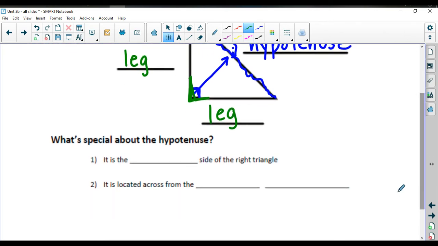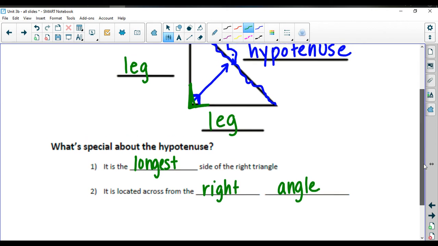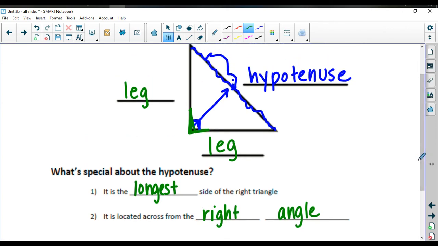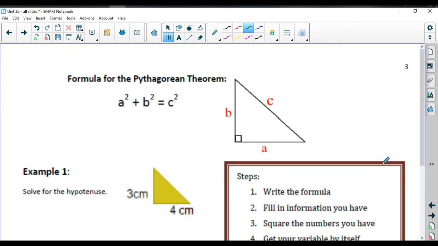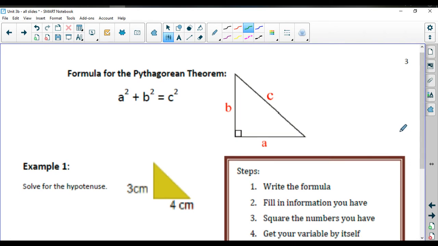Two things that are special about the hypotenuse: it is the longest side of the right triangle, and it's located across from the right angle. Both things we've already mentioned, but it's good to note one more time. So that's your little intro: here's a right triangle, here are the fancy names for it. Those names and this relationship only apply to right triangles. Any other triangle you might see out there, unless it's a right triangle, this is not going to apply to it. All right, so if you would flip over to page 3,